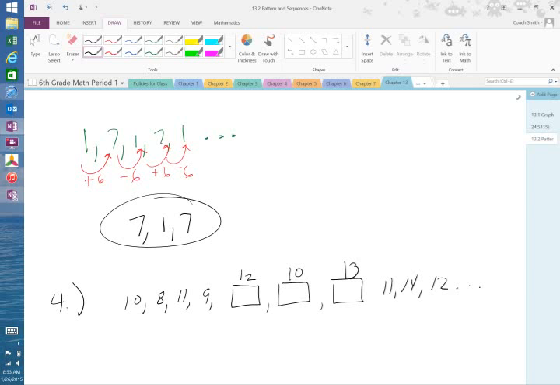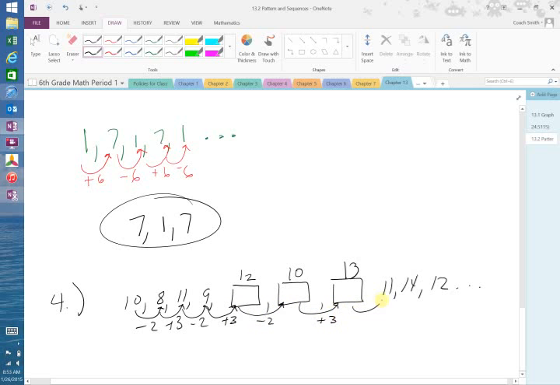Okay, so we're subtracting to go from here to here. We're subtracting 2. To go from here to here, you're adding 3. Subtract 2, add 3. Subtract 2, add 3. Okay? So good. Came up with the pattern, came up with the numbers. Good job. All right, now,